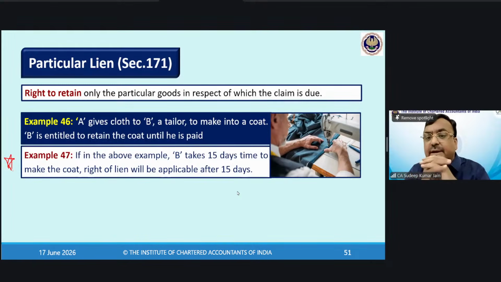एग्जाम्पल 29, ए गिफ्ट इज वॉच टू बी यूज बाय बी ओनली। ए ने घड़ी दी बी को, बी को यूज करनी है, लेकिन बाद में बी ने वो घड़ी अपने भाई को दे दी। प्रॉपर केयर के बाद भी घड़ी चोरी हो गई, उस केस में क्या होगा? बेलर को बेली को कॉम्पनसेशन देना पड़ेगा। और कोई क्वेरी इधर देखता हूँ मैं।